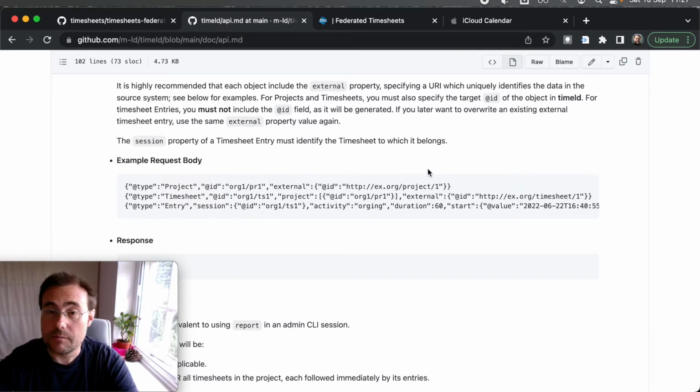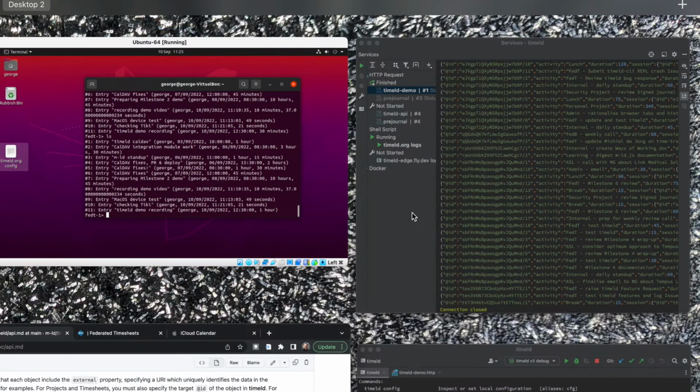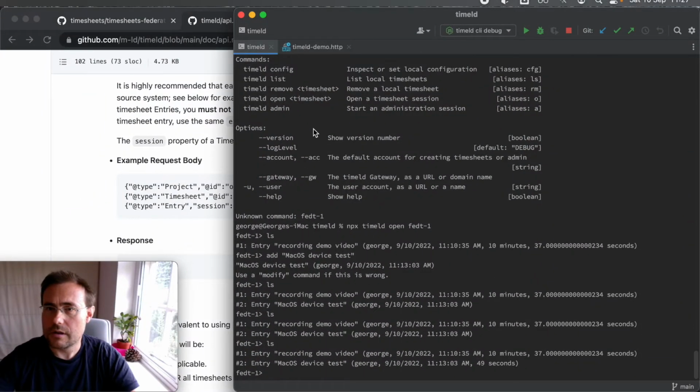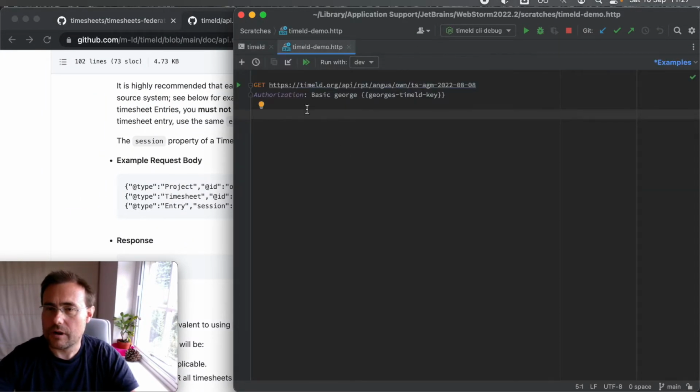So actually, let's do this for real. Let's have a report on. I've got my authorization set up, so I can run this. I can do a get from this endpoint. Here we're getting from timemeld.org, its API. We're reporting on Angus's timesheet. So this is actually the timesheet we saw before. If I run this,